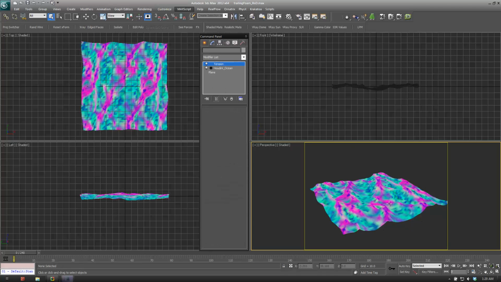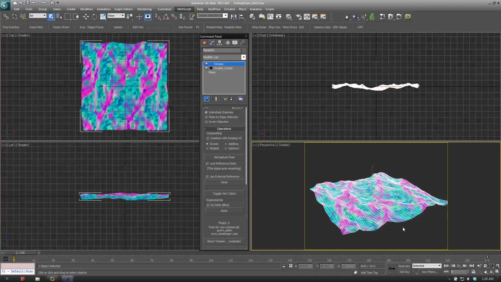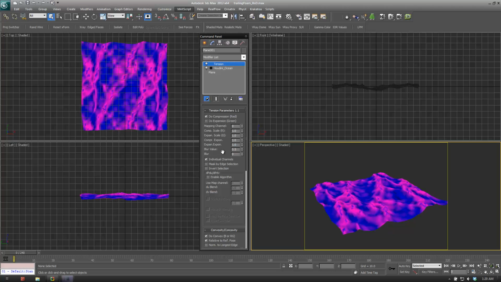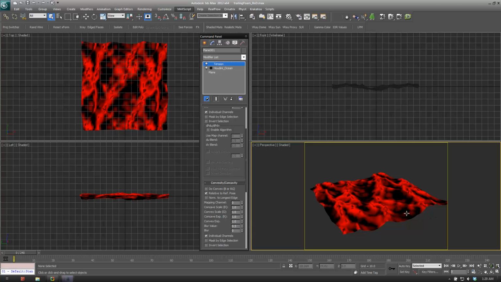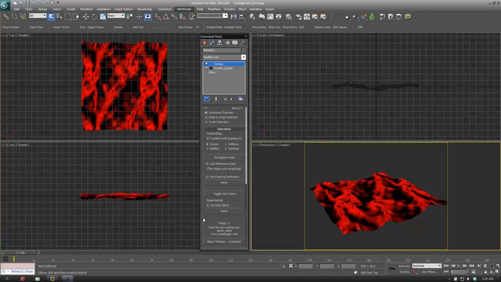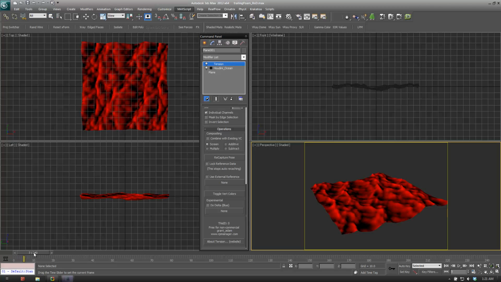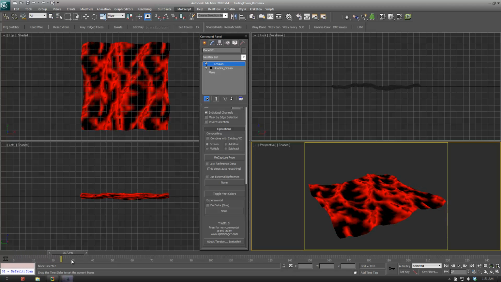Basically we want to turn off the expansion, we don't want convex, basically that's what we want there. So just recapture that pose, and you'll see as it starts moving along,